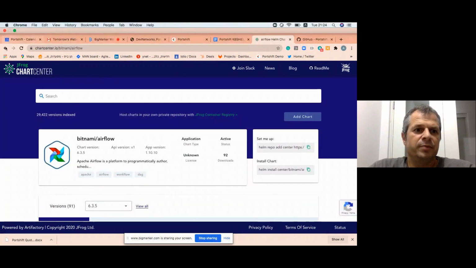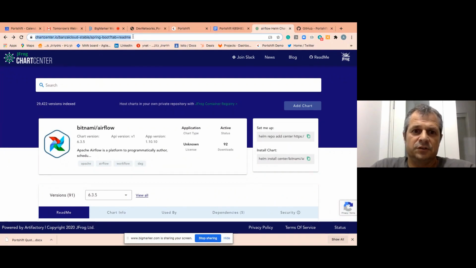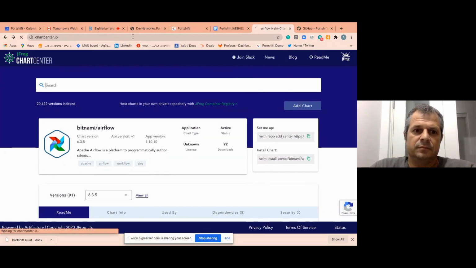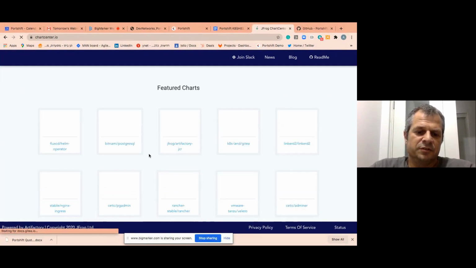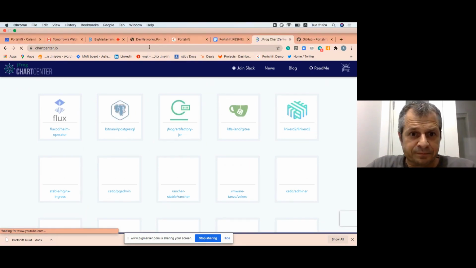Let me go back to the homepage. I was just playing with different things, but start with the Helm charts. You can find many Helm charts. There are featured ones. There's close to 30,000 different charts available.